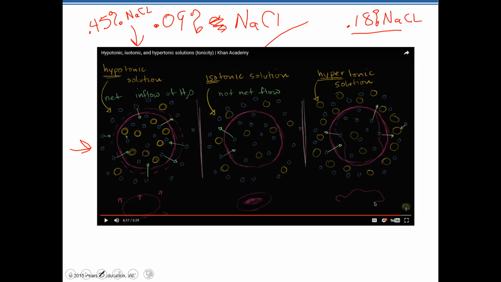This one up here, we often call it half normal saline because it's half of the normal. No, we don't call this one over here double normal or anything like that. Not that I know of. I can't think of an instance where double the concentration of normal saline or a higher concentration of sodium chloride would be used. But I'm sure there probably is. It's just not something that's very commonly done, and that's why I'm unfamiliar with it.